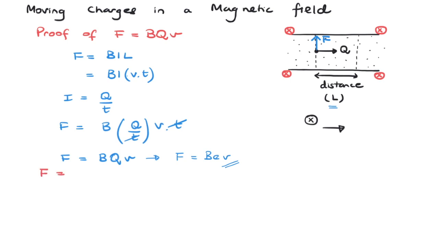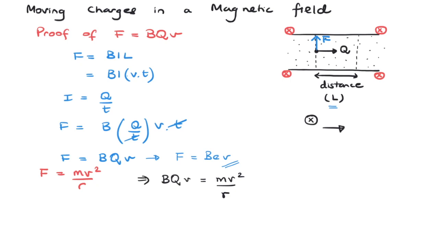From the circular motion chapter you would remember that the centripetal force is mv squared over r, where r is the radius of that circular path, m is the mass of that charged particle, and v is the velocity. If we link this formula to the one that we've just proven, that is, if the two forces were equal,